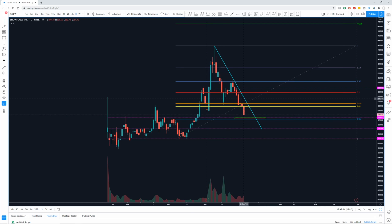So if you're short Snow right now, it might be a good time to start looking for an exit out of it. Now of course this last daily candle here looks pretty bearish as it fell about 20 points in one day. So it's not an immediate action that I would take to get out of a short position if you're in one. However, I'd start watching the 2-hour candles, 4-hour candles, and maybe the 1-day candle,